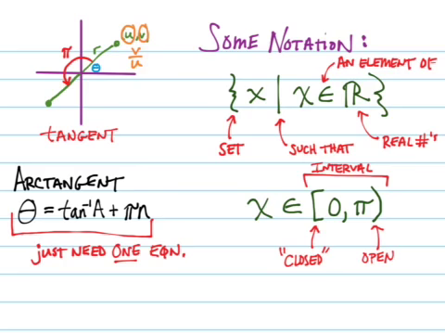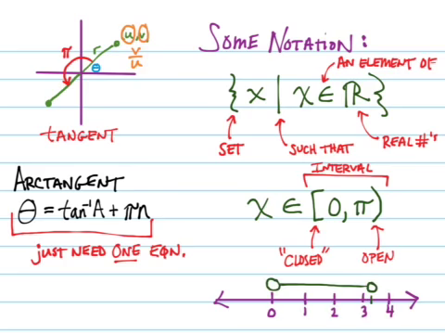All right, way back when you were doing this in 6th and 7th grade and you put it on a number line, it looks like this. All right, open circle, and then I have a closed circle at 0. So what this is saying is x is some number within that interval. So x could be 1, x could be 2, x could be 1.5, x could be square root of 2. Anything in there except for pi. You can get all the way up to pi. So what this is going to look like